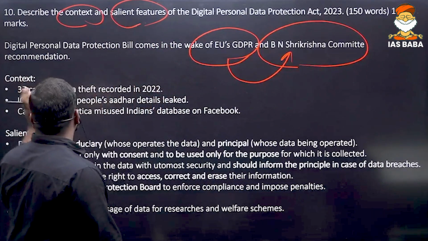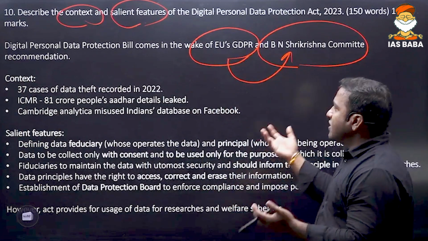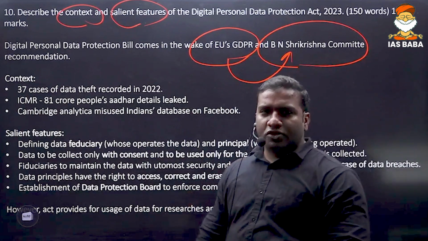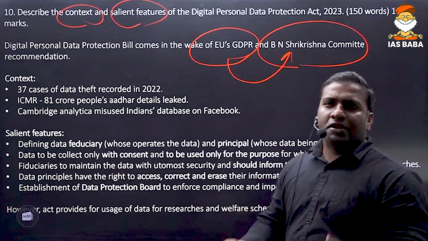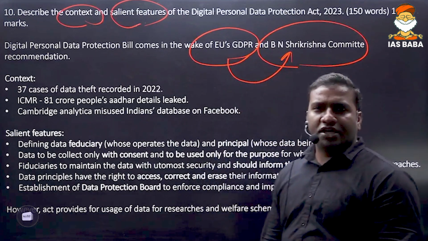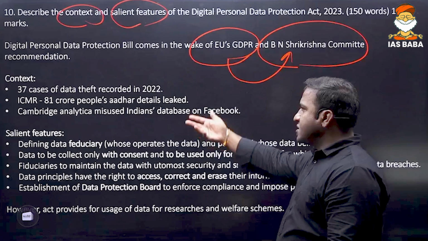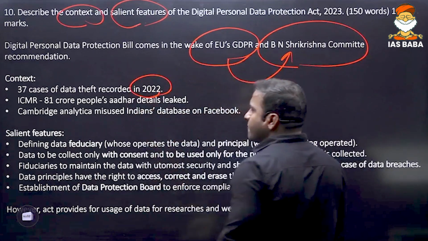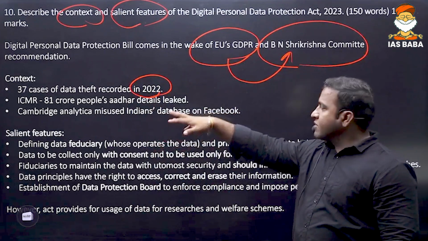Now, what is the context? Friends, why do we require data protection? Because India is very much vulnerable to data theft, or India is very much concerned with data privacy. Several incidents of data leakages and data theft have occurred. That is the context. Say, 37 cases of data theft were recorded in 2022, and some 81 crore people's Aadhaar details